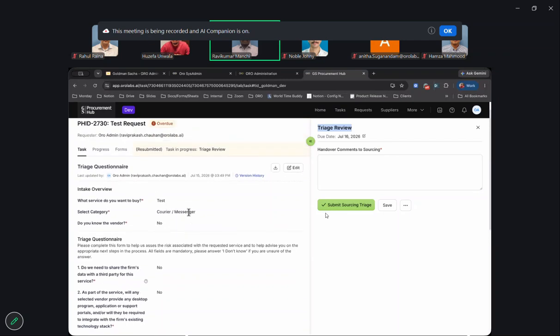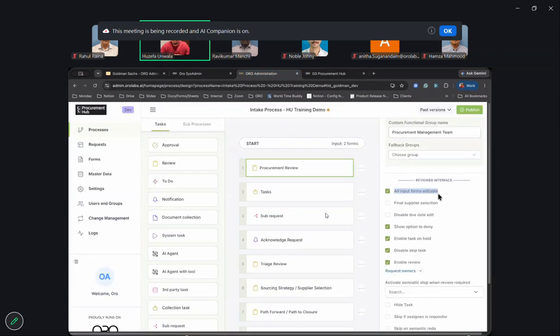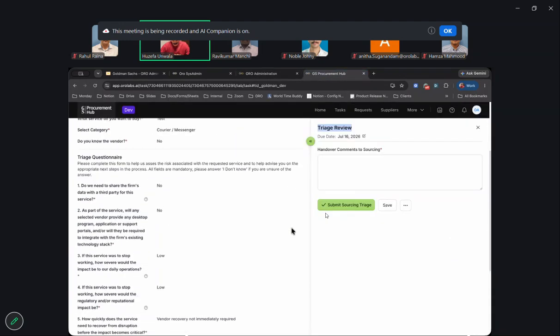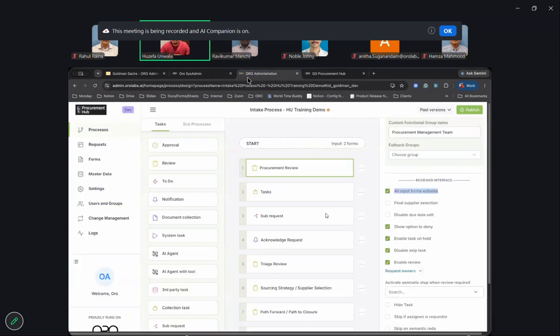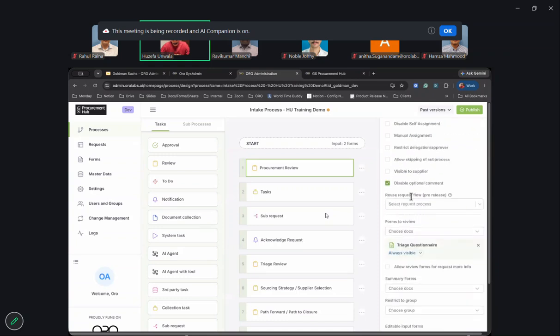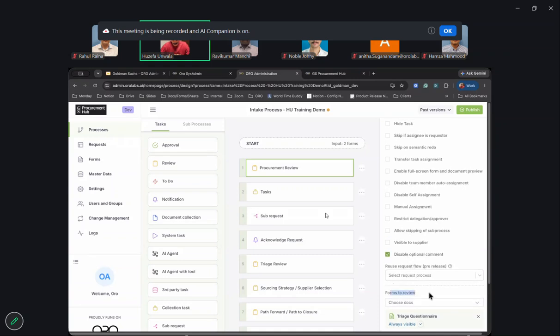Makes sense. Okay. And then this edit button we spoke about last time is because we are able to either mark all input forms as editable at the top, which will give a blanket yes to all forms being editable. So you'll start seeing all the forms having that edit option. Or on the other hand, if you don't want all input forms to be editable, then if you scroll down, there's another section called editable input forms. Using editable input forms also, you can manually select which forms from the ones that you ask them to review